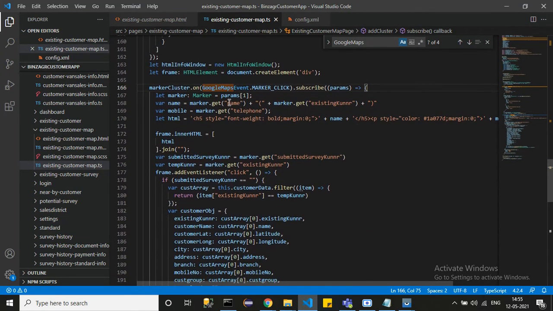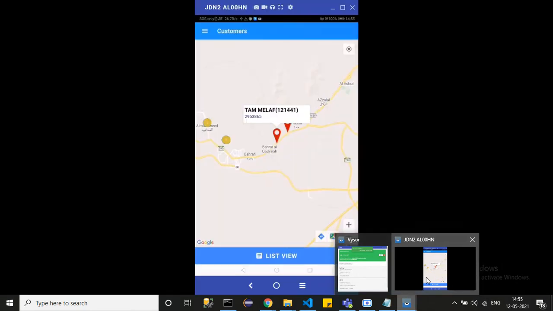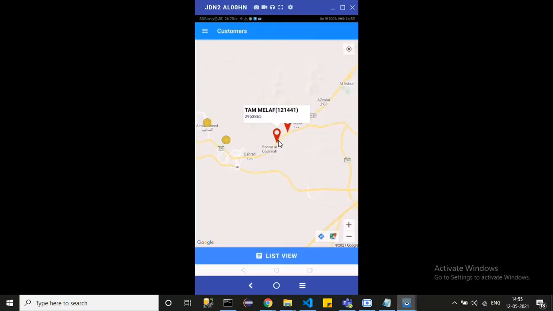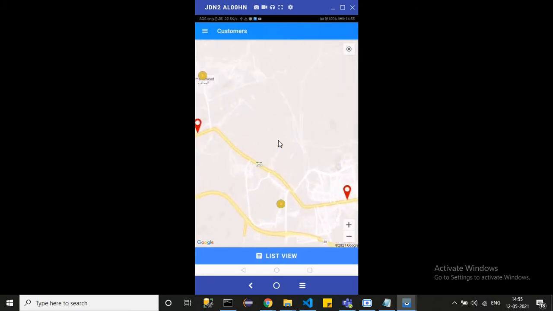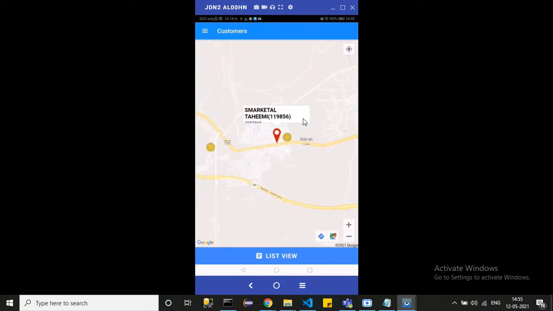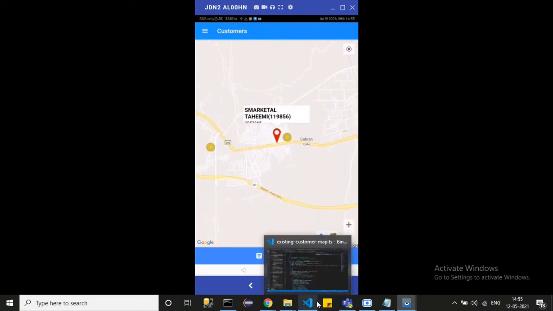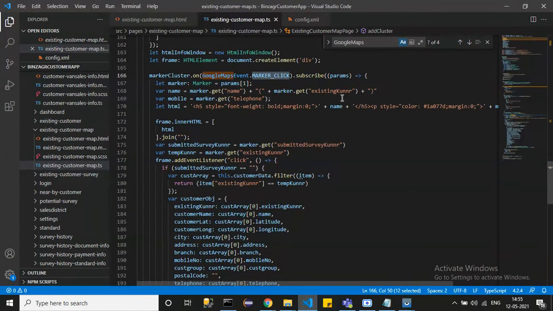You can check that. For the marker, you can use this event, Google event marker click, in which if you click on that event, see here. So this is my marker, and I have created that event also. If I click on this, see. So what is happening here is, when I'm clicking on that, I'm passing data, my customer name and mobile number, in that.